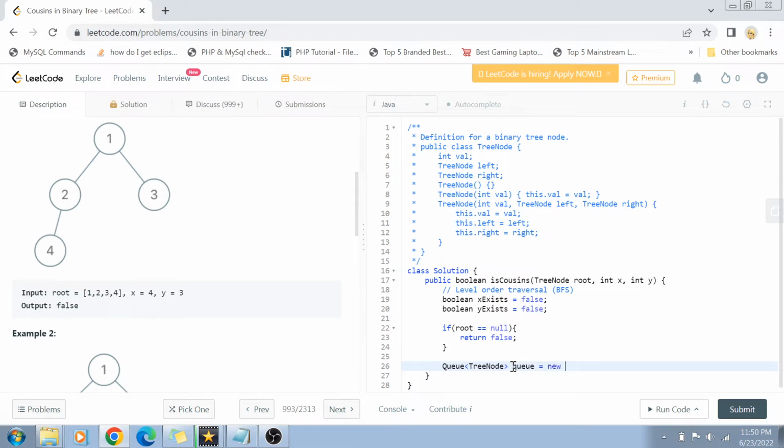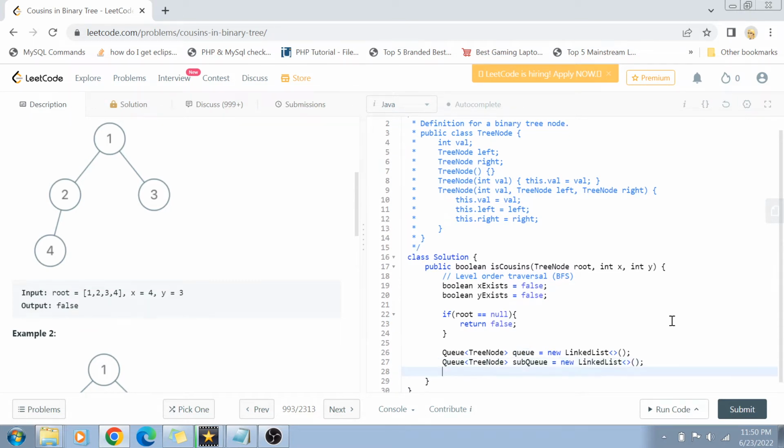And then let me just quickly create this one, and then there is going to be another queue which is called the sub queue, which is going to store all the nodes of the child level. Okay, so let's say the main queue, the queue variable, is going to store the root node. Then the sub queue is going to store all the children nodes of the current node. So basically sub queue is the next level and queue is the current level. Okay,